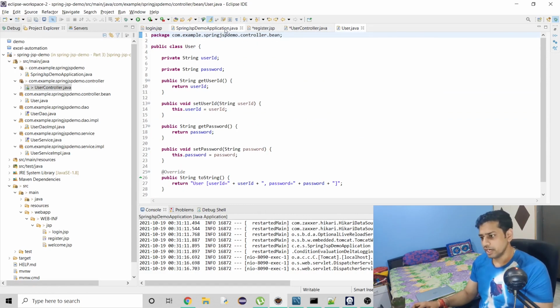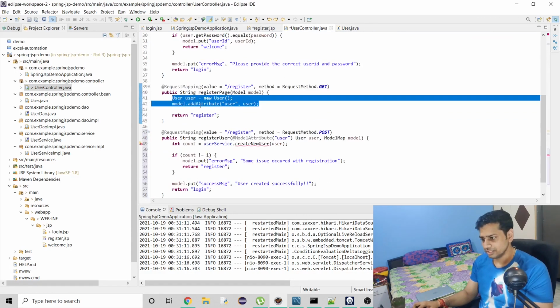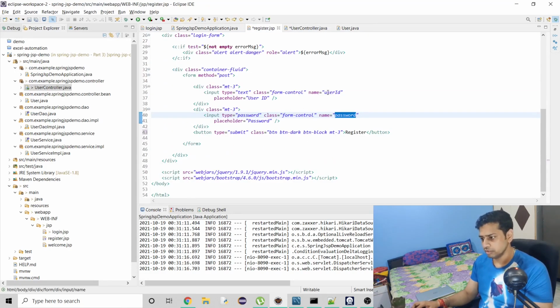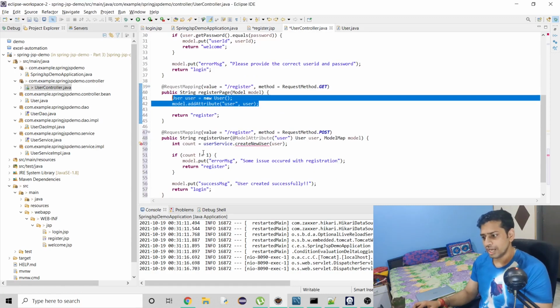So if I don't send this object along with our model, what will happen is I have to get these values from the form separately, user ID and password. I have to get them in their separate variables. But if I use the model, I can directly map them to their corresponding object.